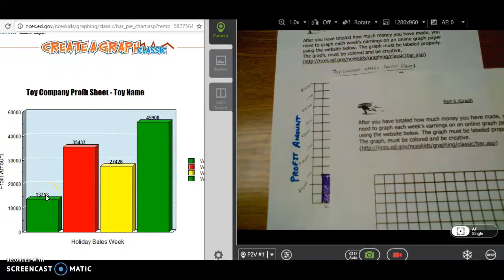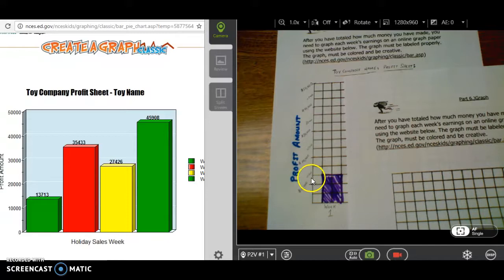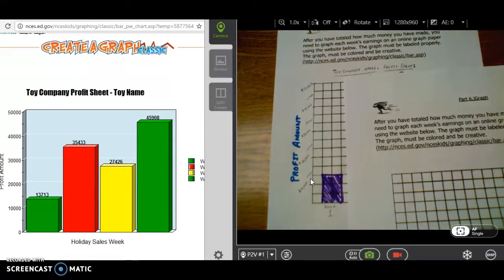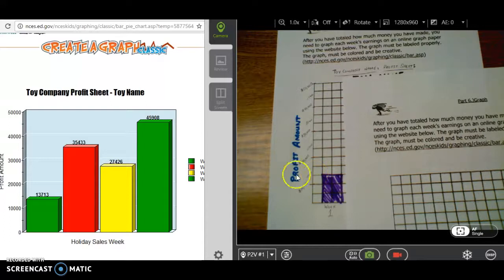$13,713. Well, then when I create the purple graph here and notice that the colors do not have to match, so even though it's green over here, I'm using purple on my actual create a graph, I'm still going to make sure that it's marked right around where, I know you can't really see it, but 15,000 is marked on the paper. That 15,000 isn't exactly how much I made, but that 15,000 is more or less right in this block. So I create a purple bar graph that spans 2 rows so that it's a little bit wide, and it gets close to the 15,000 because I made